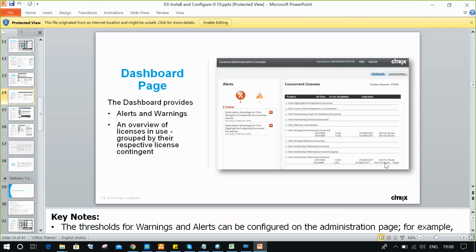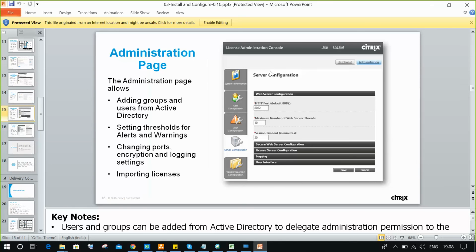Okay, so if you get any alerts, on the left side in the alert view, errors and warnings, we will receive the message. But at present we are doing proper work, so I think we will not receive any alerts. Next, this administration page I explained, each one by one.